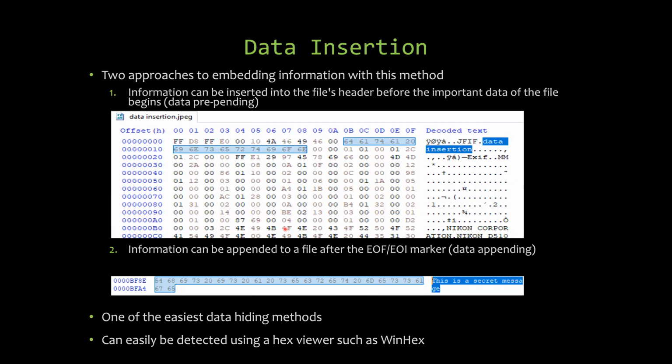Data insertion. This is one, as I mentioned previously, I just wanted to show you a quick example of this. The most trivial form of data embedding in which content can be stored within the header of an image, for example. So you've got the standard JFIF here in a JPEG, and then just data insertion being written. And then that, of course, is still rendered by the File Explorer with no problem. And the user would be able to open this image and not have any idea that there was any data